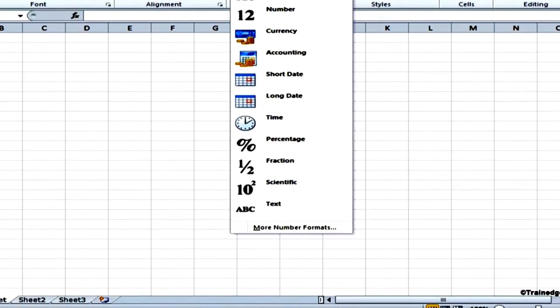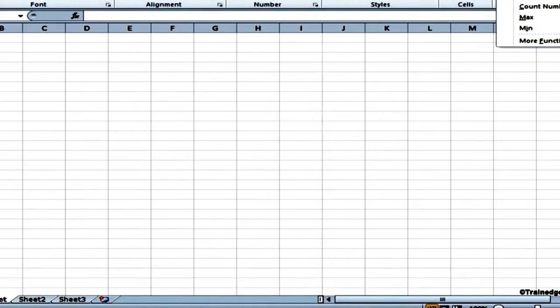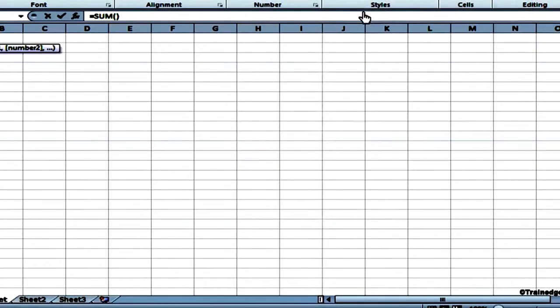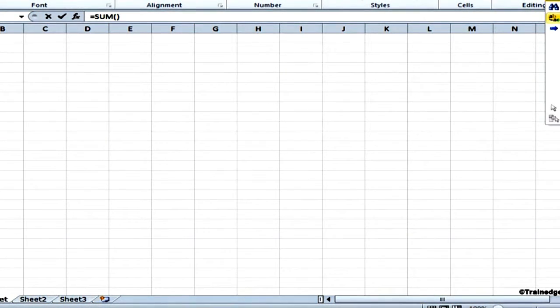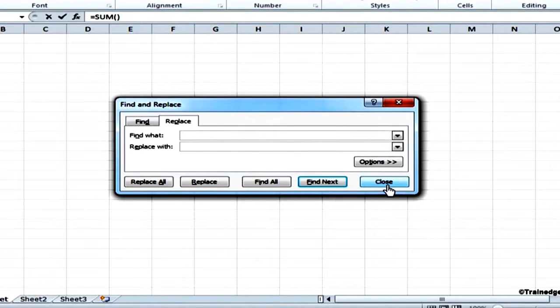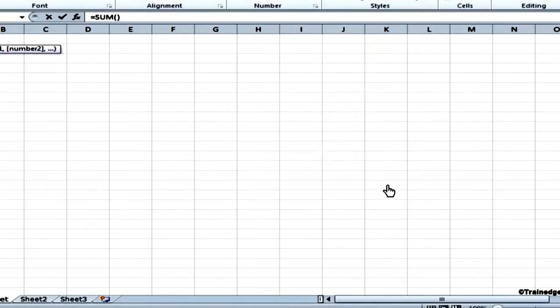The ribbon is dynamic. As the width of the ribbon changes, the appearance of the commands on the ribbon also changes. A command might be displayed on the ribbon in the form of a large button, a small label button or a list entry. As the width of the ribbon decreases, the size, shape and presence of buttons on the ribbon adapt to the available space.